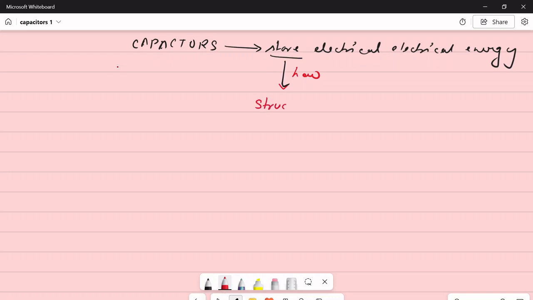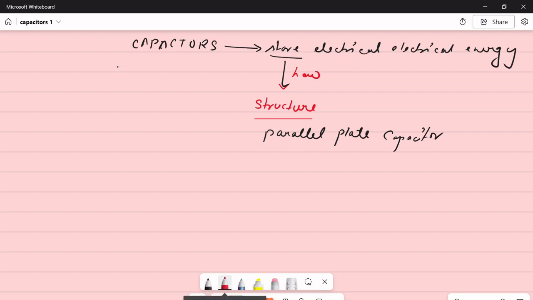There are multiple kinds of capacitors based on the structure of it, right? So, let us see the parallel plate capacitor. It's the most common type to understand the functioning of the capacitor in academics. We are going to pick up the parallel plate capacitor. All right. So, in order to understand the structure, let us first understand a little small mathematical expression that you have studied in your previous classes.